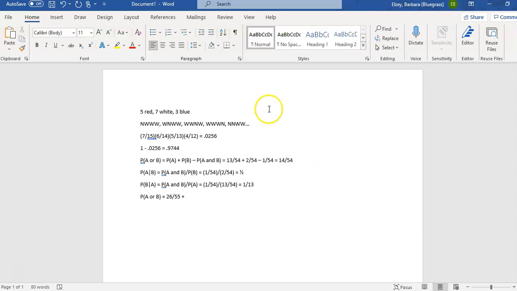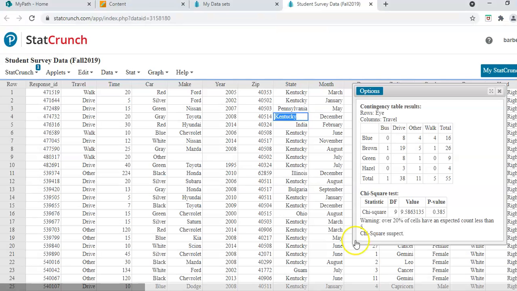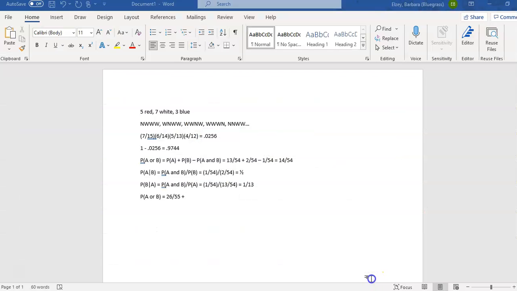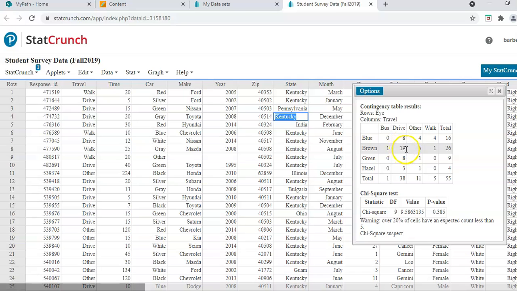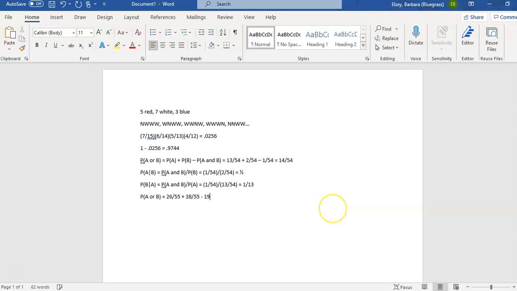And then we needed to add the probability of B. B was driving people, so 38 out of 55. And then we need to subtract off the probability of A and B, which was 19 out of 55. And I'll leave that addition and subtraction to you. Now, I believe our next